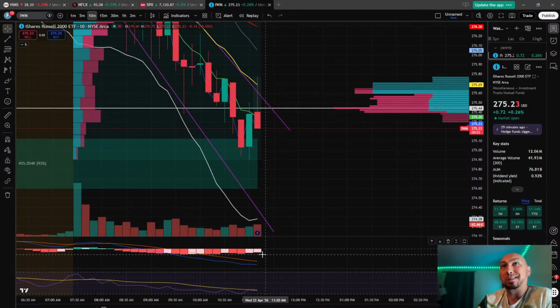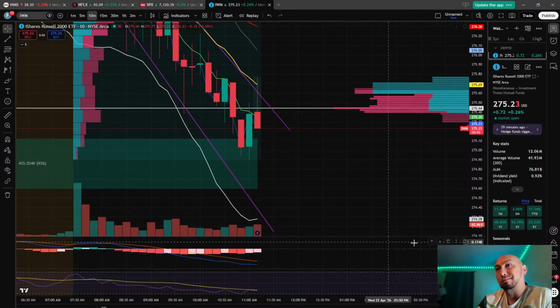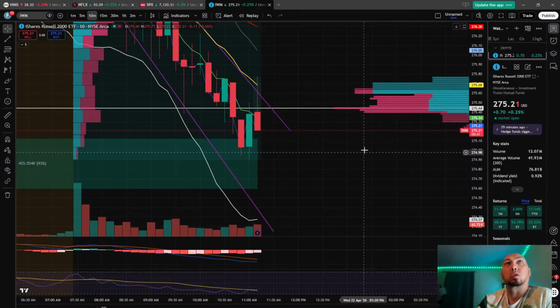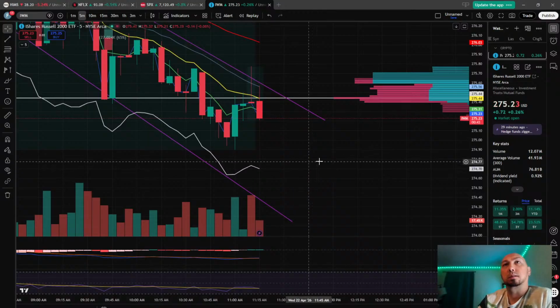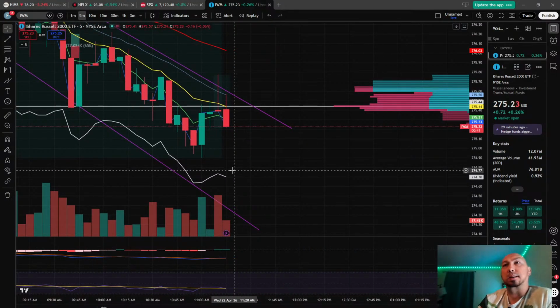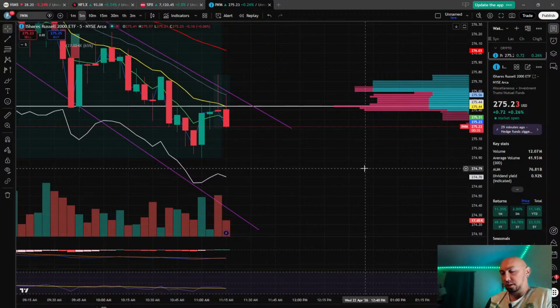MACD is not convincing. We're in a 10-minute time frame. Let's go to a 5. I think we're going to get back down here to 270, mid 274s. Let's just go for it.